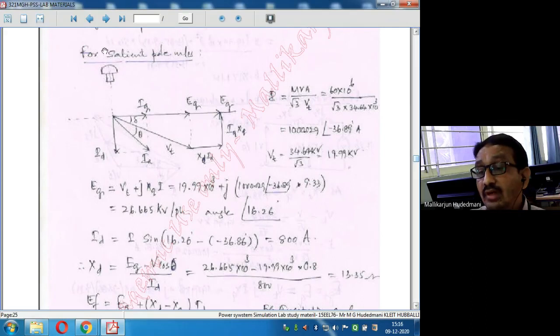Along the pole axis, vertically, you can see here the component of the current along the pole axis. This is called the direct axis component of the main current. And the component of Ia which is perpendicular to the axis of the pole, horizontal on this paper, is Iq, the quadrature axis component of the main current Ia.